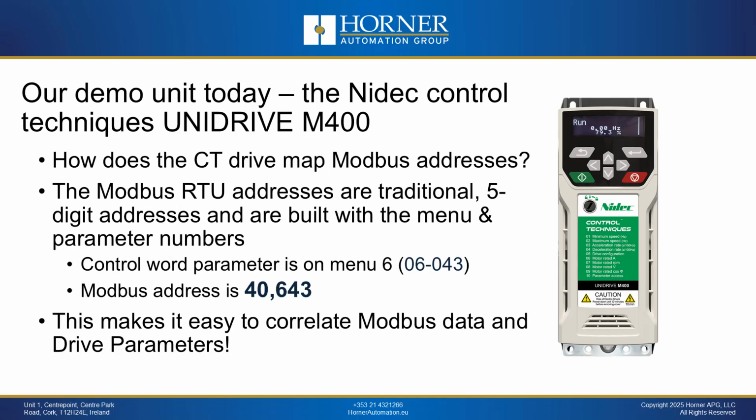So how does CT handle Modbus addresses? First of all, they use traditional 5-digit addresses, and secondly, they link all their parameters to Modbus addresses through a 2-digit menu number and a 2-digit parameter number. So our example on the screen from menu 6 is parameter 006-043. So we take the 2-digit menu number and we pair it with a 2-digit parameter number to build a Modbus address